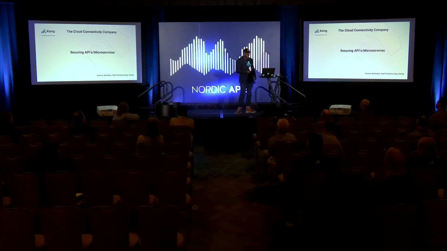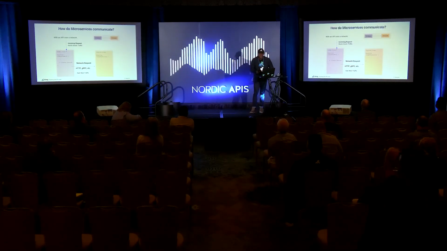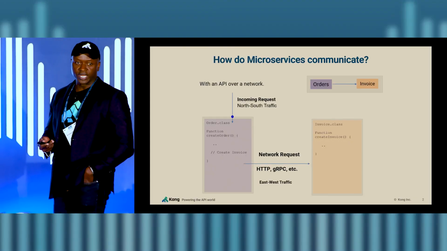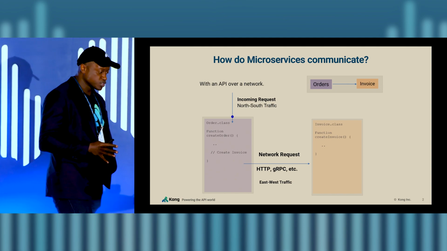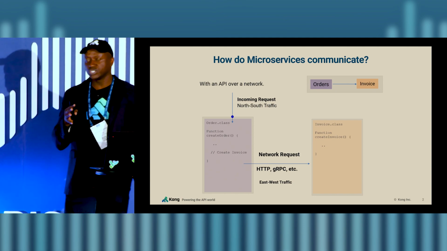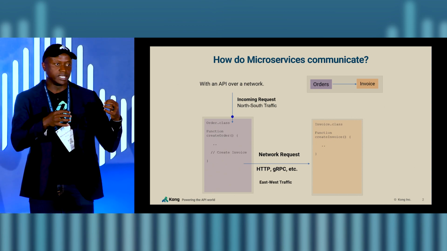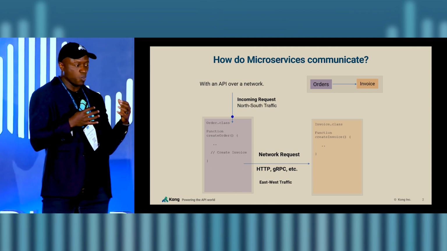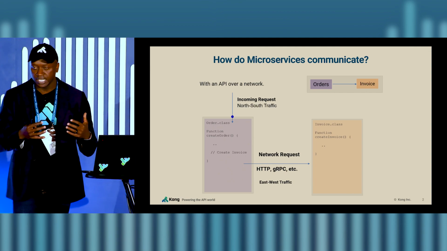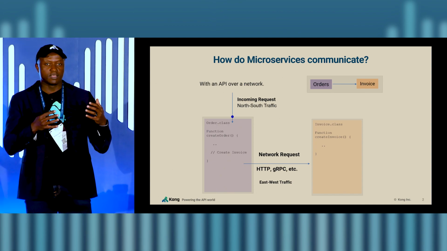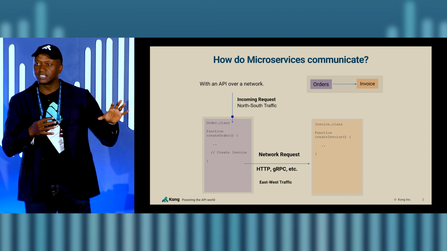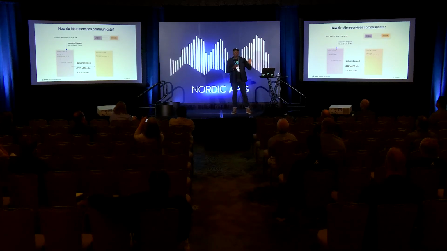So to get us started, we have a couple of big topics that we're going to try and cover pretty quickly, so I'll jump straight in. Most organizations go through this effort of decomposing, say, the monolith and breaking it down into multiple services. Now, one thing to take into consideration as they do this is that the monolith never goes away, right? It still exists on your network, which means that the legacy methods that we use to protect that monolith continue to exist. And so you now have your monolith coexisting with your existing